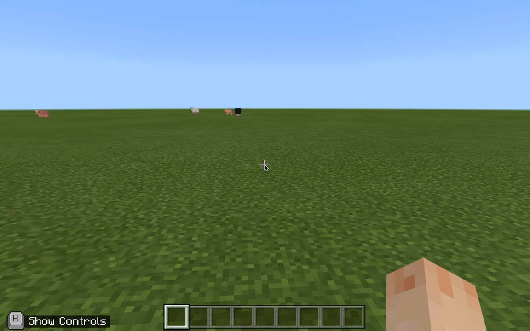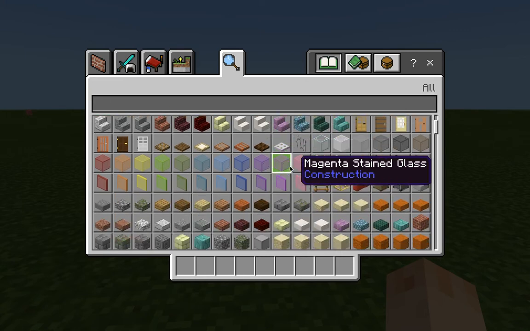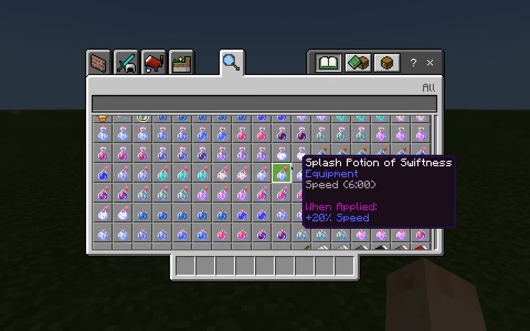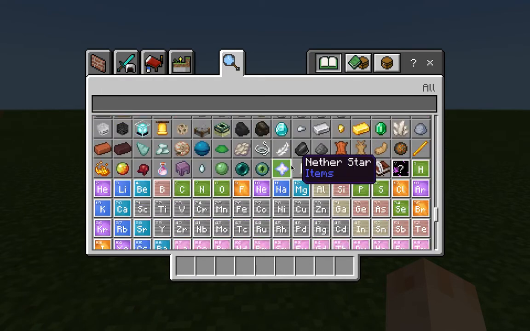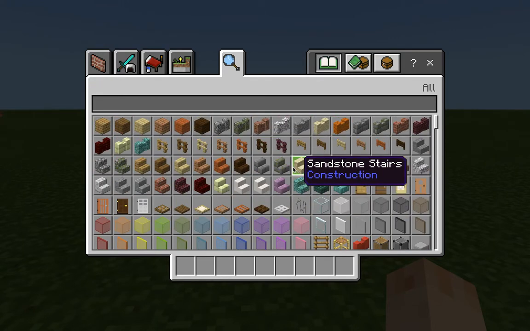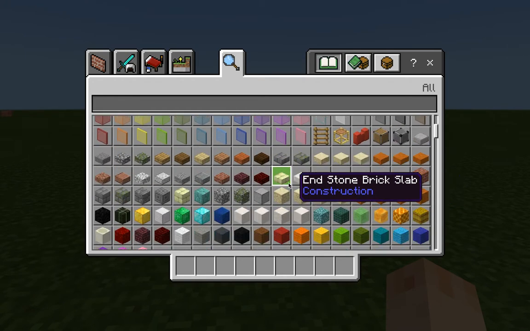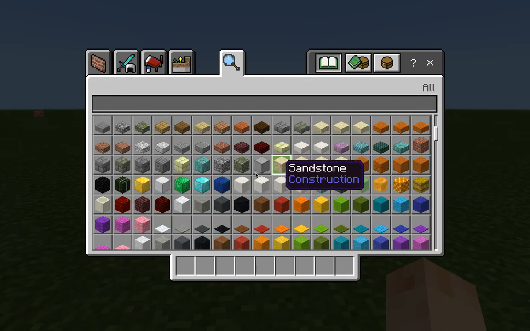So H to close that control, and we're going to go straight into E because the first thing we want to do is select the material we're going to use. Now in this menu, in the inventory menu, there are lots of different blocks and building material that you can use in your build. Because we're in creative mode, it's absolutely full of all the possibilities that you could have in the real game. Nothing is locked here, so you've got the freedom to choose whatever you want to choose. So what we want to do really is use material that's going to help us construct. So we're going to go down to the construction section here